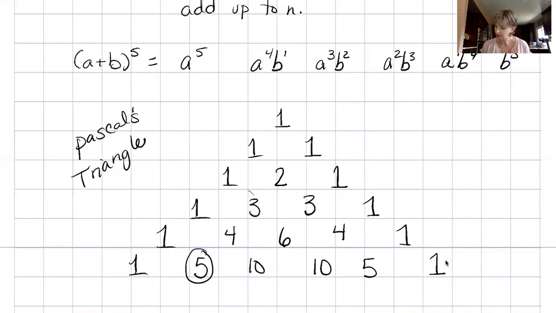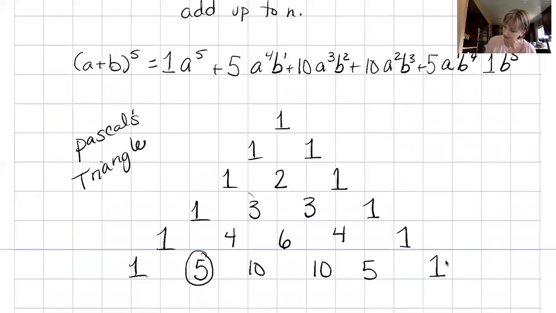So my coefficients are 1, 5, 10, 10, 5, and 1. And there we have it: our binomial expansion for a plus b to the 5th power. I could probably clean that up and make it look a little prettier. I don't have to put the 1. So a to the 5th plus 5, a to the 4th, b, I don't have to write the 1 there either,